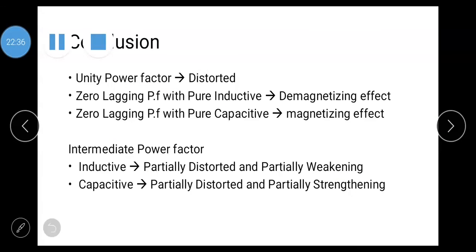So the conclusion is, for unity power factor, the waveform gets distorted because the neutral axis shifts, and this distortion is due to the flux interaction. We call it distortion, or also cross magnetizing. In the case of zero lagging power factor, it's a pure inductive load, so the effect is that they oppose each other. The main flux is opposed by the armature flux, so there is a demagnetizing effect, that means a reduction of the flux. And the next case, if